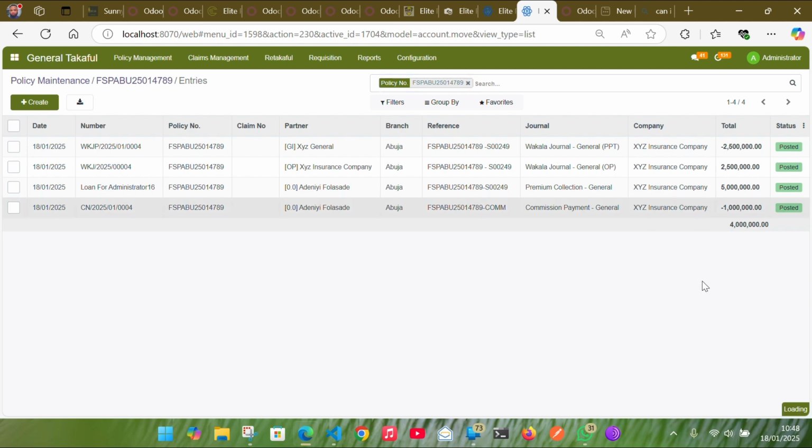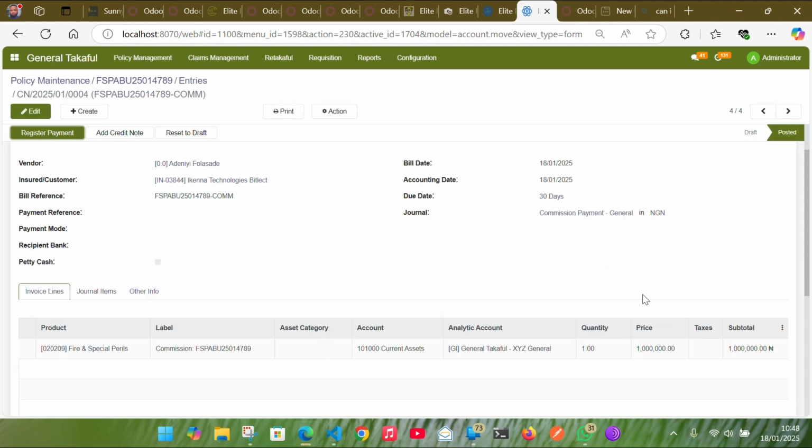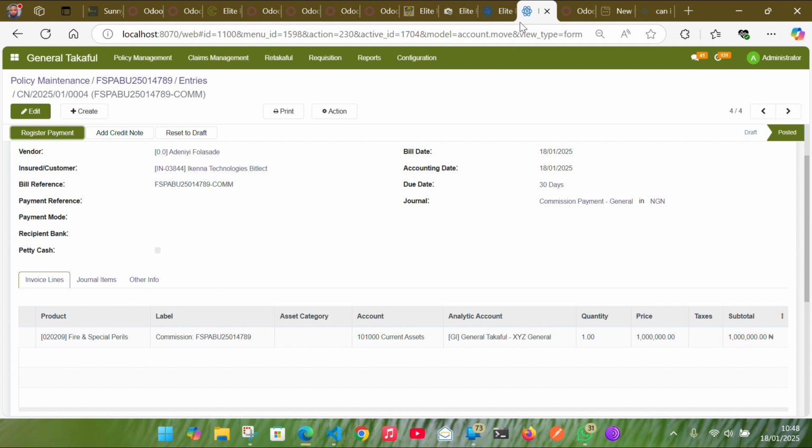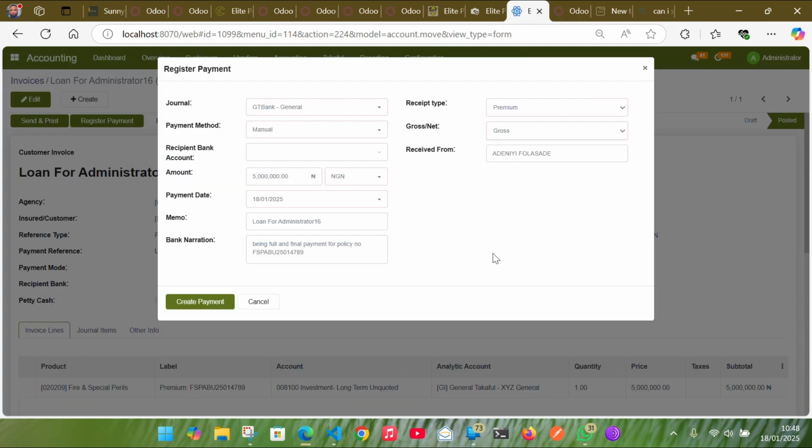So the commission amount is 1 million naira. Let's say the agent has deducted their 1 million naira commission, and what they paid us now is 4 million. So what you will do is come here and edit the amount field to 4 million,